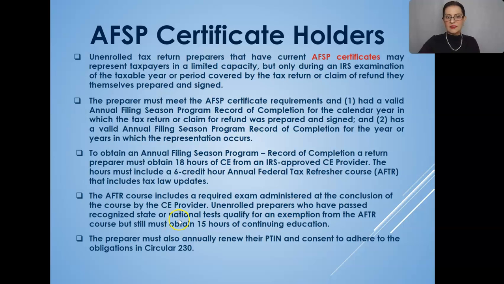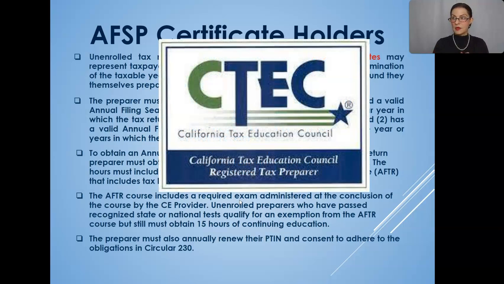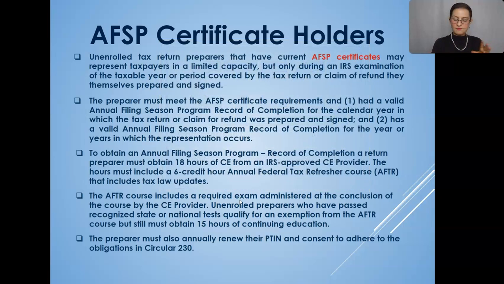Unenrolled preparers who have passed recognized state or national tests qualify for an exemption from the AFTR course, but still must obtain 15 hours of continuing education. So preparers who have AFSP certificates need to do ongoing continuing education. But if a person has a recognized state or national test, an example of that would be the California Tax Education Council. There's California tax preparers, and if you have a California Registered Tax Preparer, CRTP,